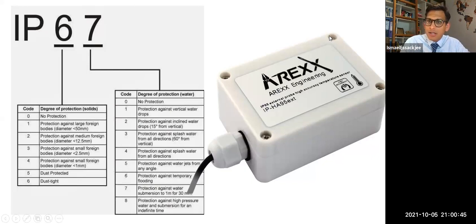What you have on your right is, I think, an IP66 external probe high accuracy temperature sensor. It is a sensor which we are going to use for industrial IoT or IoT in general. So it is IP66. What is IP66? The first digit, 6, is the degree of protection against solid mechanical intrusion.